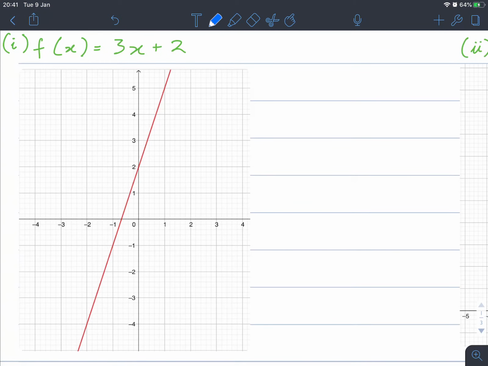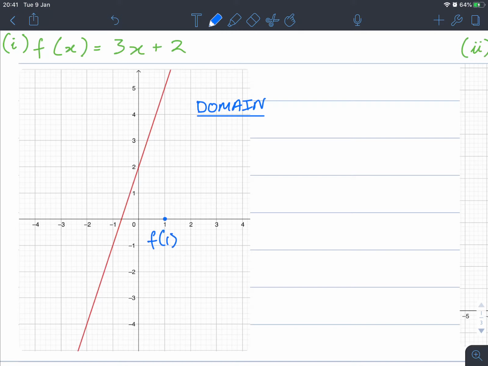Let's take a look at the domain. The domain refers to x values. So what x values here give me a defined point? Well, can you think of any x values that give me an undefined point? For example, if I put 1, so f of 1,